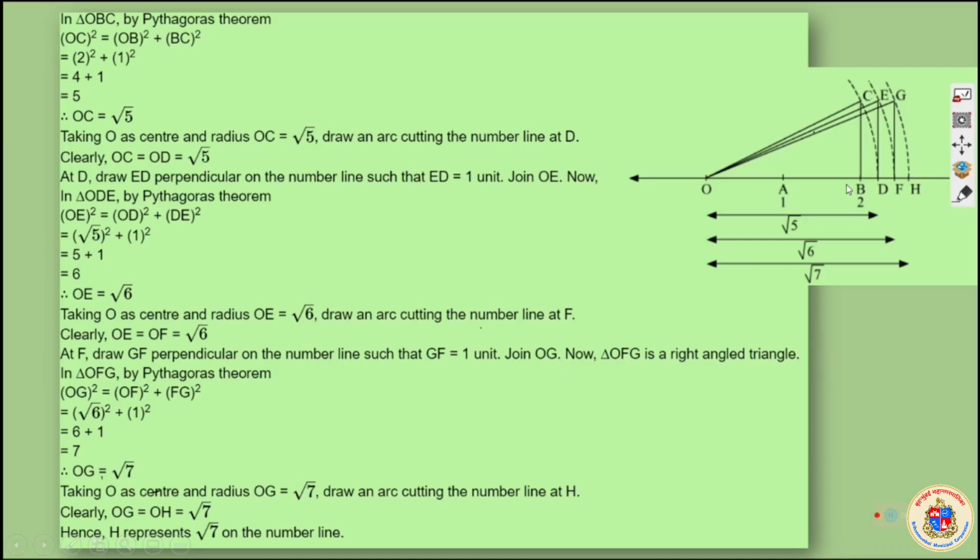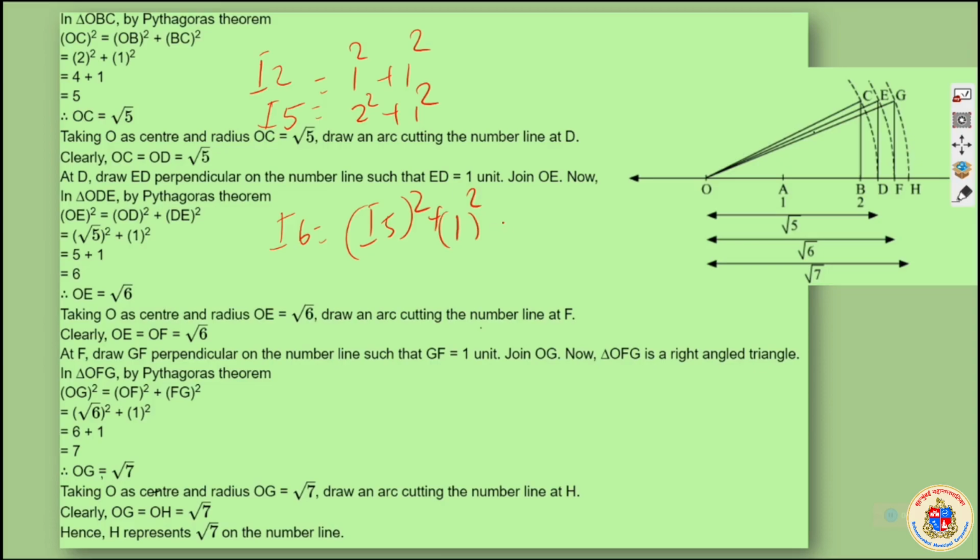Finally, you are asked to draw root 5, root 6, root 7, anything such. You will keep on adding one unit and go ahead. In order to get root 2, we had the sides 1 square plus 1 square. Understood? In order to get root 5, we had 2 square plus 1 square. Correct? In order to get root 6, you will be having root 5 already, which you have got, plus 1